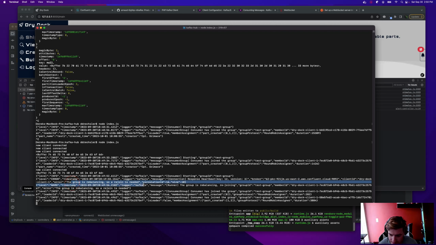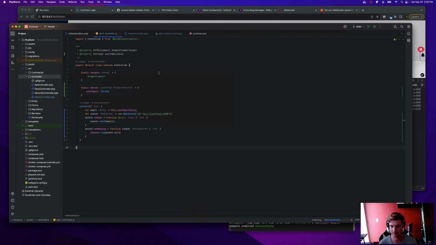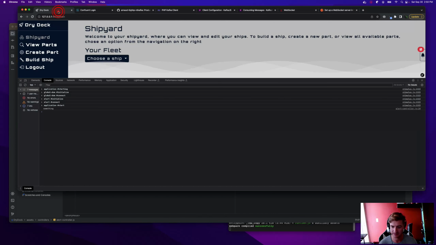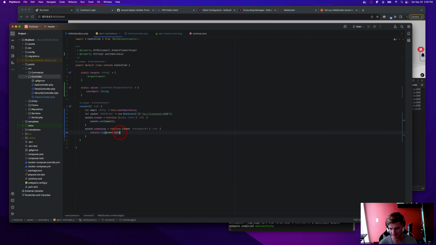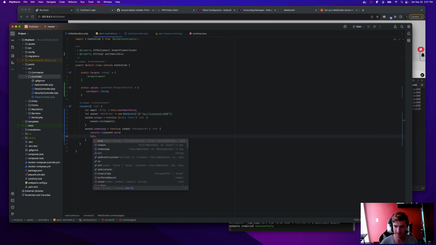The group is rebalancing, so rejoin is needed. I'm hoping Kafka.js handled, this happens a lot. Hopefully Kafka.js will handle that correctly. Okay, so in our front end, we're logging out the message that gets sent. That's all good and happy. Message.data. What we really want to do is just print it. So this.drawerElementTarget